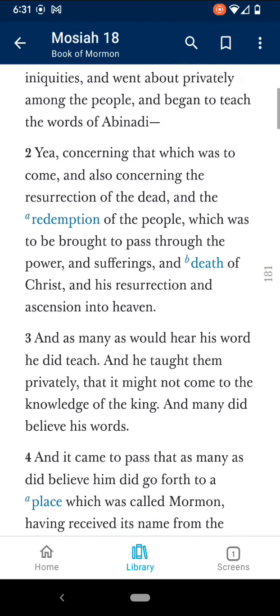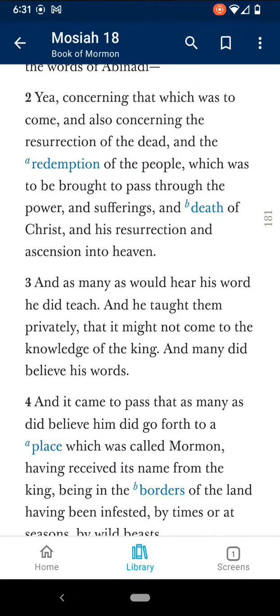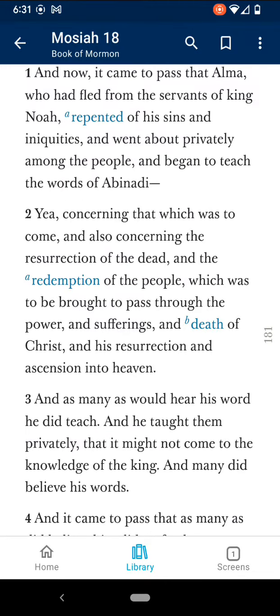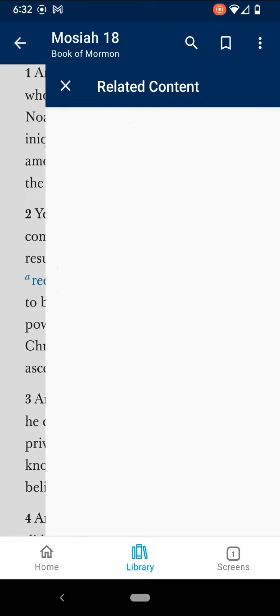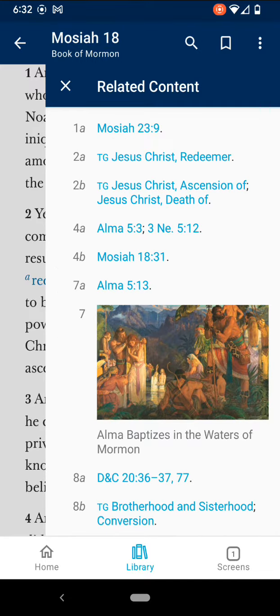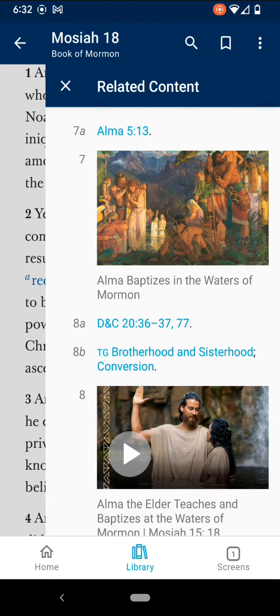If you want to see all of the references and footnotes in this chapter together, we can swipe from the right side of the screen, and it pulls that back up. And here, this little button that's got like the 4 bars and 2 dots, this will show all of the references in this chapter, as well as some additional